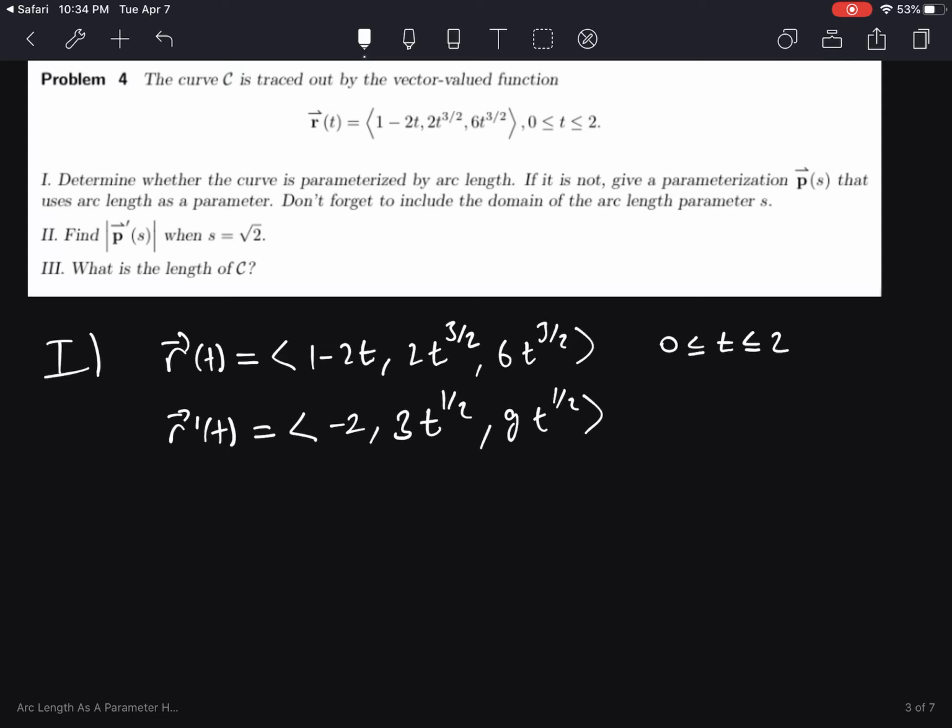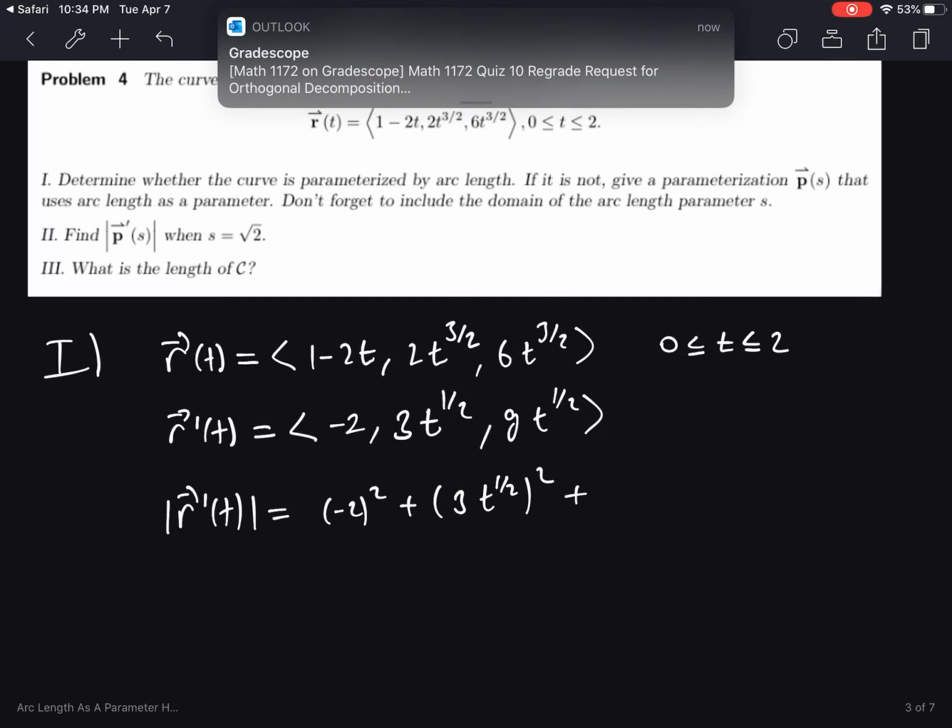And now we need to find the magnitude, which is the speed. The magnitude is computed by squaring each coordinate, adding them up, and taking the square root. So it's going to be minus 2 squared plus 3 times t to the 1 over 2 squared, and then